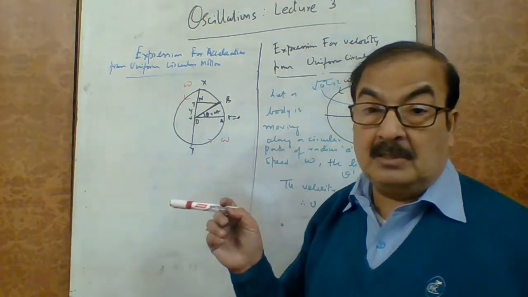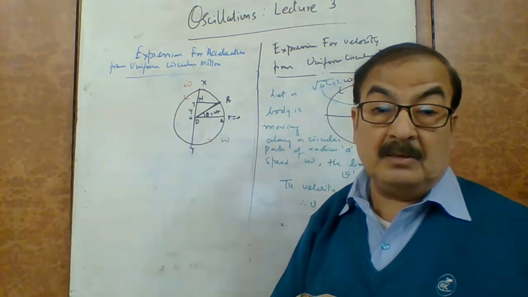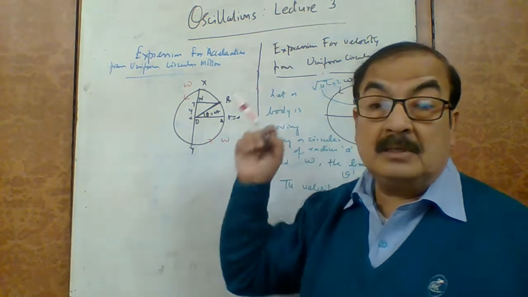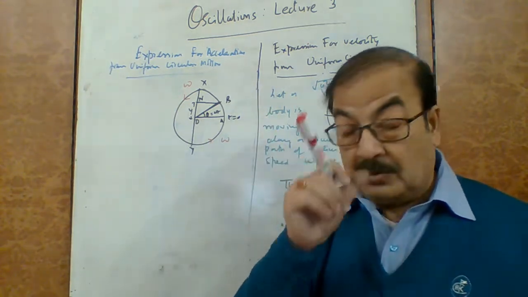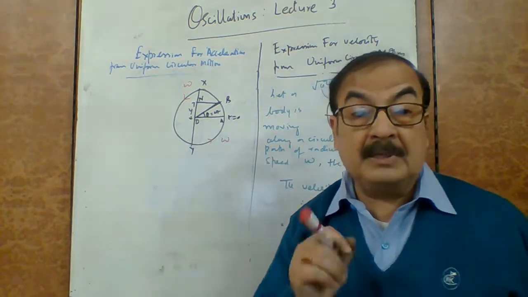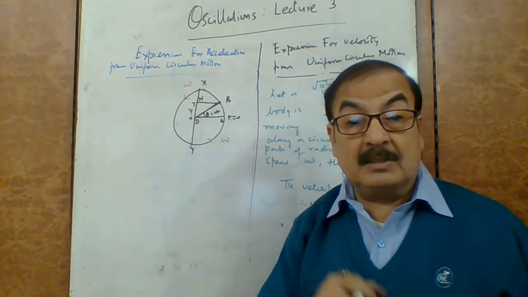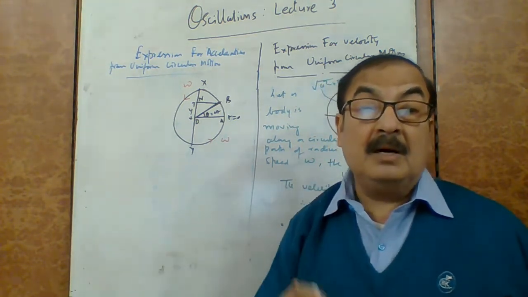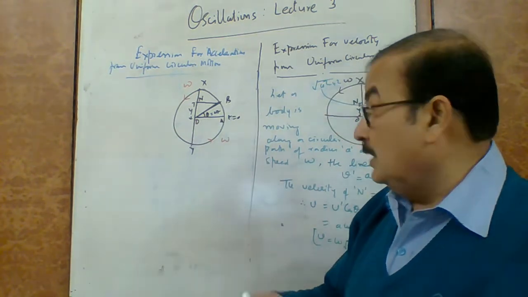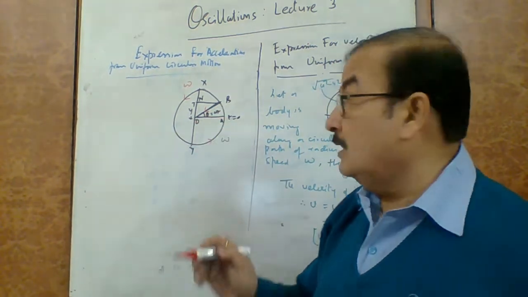In the same manner here also, when a body is moving along a circular path, it may move with some constant angular speed omega, and accordingly it may have different velocity at different points, because the direction of velocity is changed, and naturally it will always have some centripetal acceleration. When our body is moving along a circular path, it will always have a centripetal force. A centripetal force acts toward the center. Centripetal acceleration आएगा.